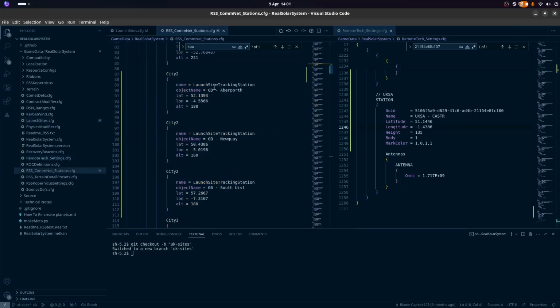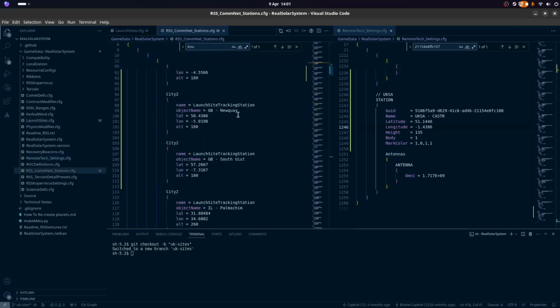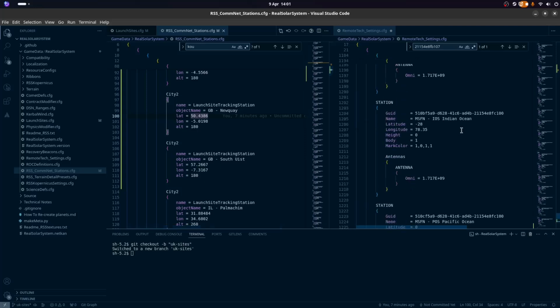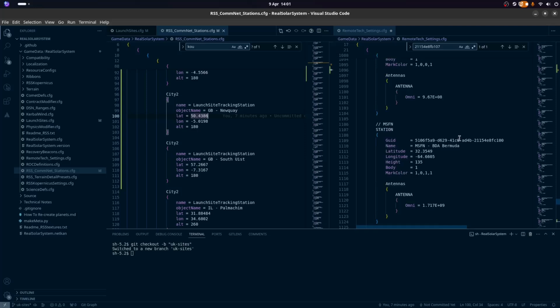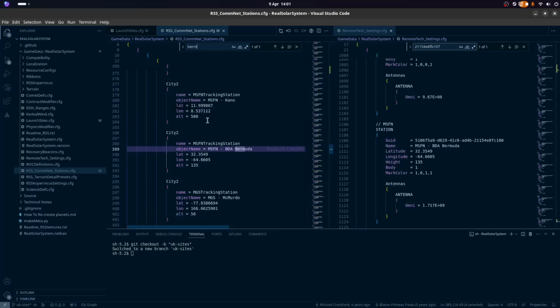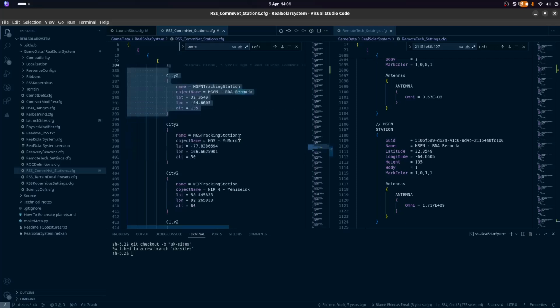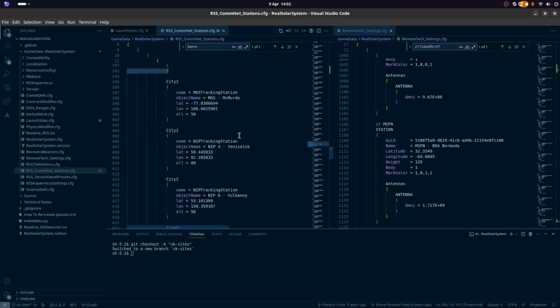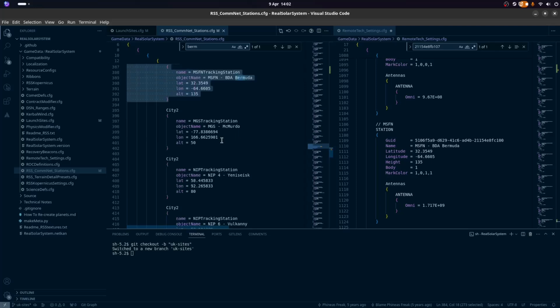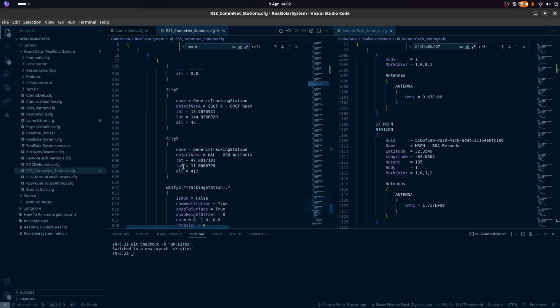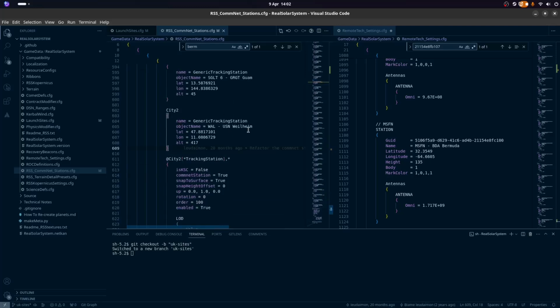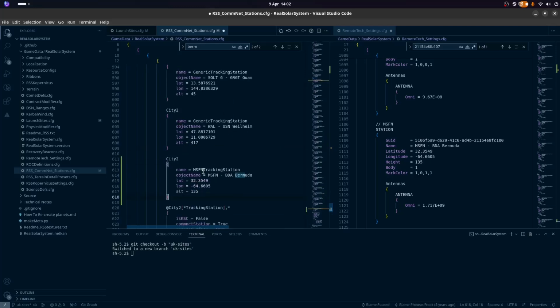So over here, RSS ComSats, we also want to find the one that we duplicated, which is Bermuda. So we're going to duplicate, and we're going to add it to somewhere. Generic tracking station. Sure, we're going to add it here, and we're going to rename it to UKSA.